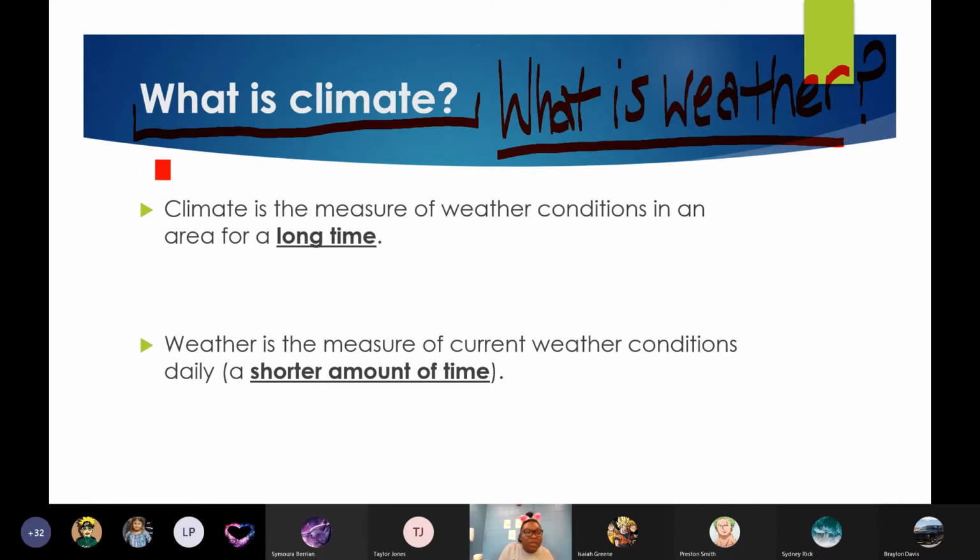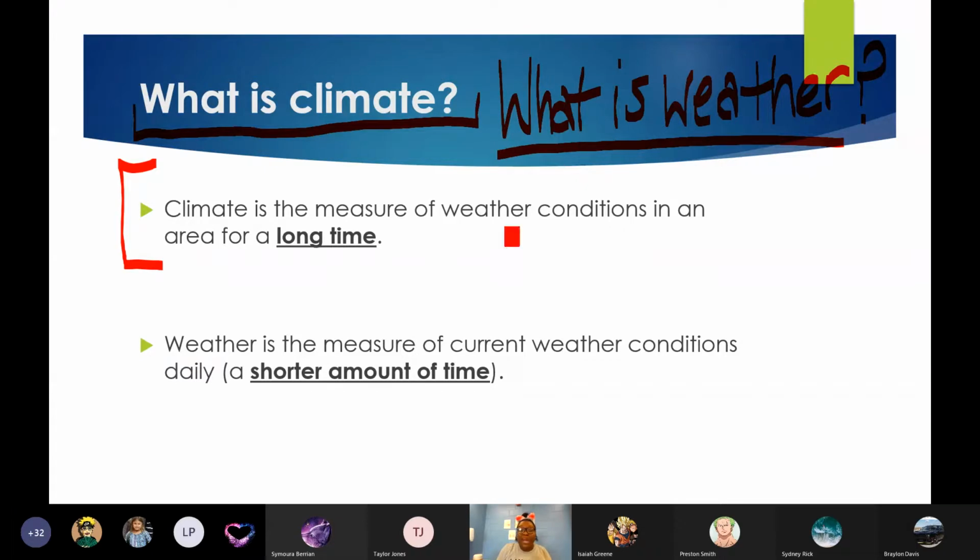It's important for us to understand that climate is the measure of what's happening outside for a long time. Yes, climate is going to measure temperature, rainfall, humidity, and air pressure in one area, like Warrenville, South Carolina, for a long